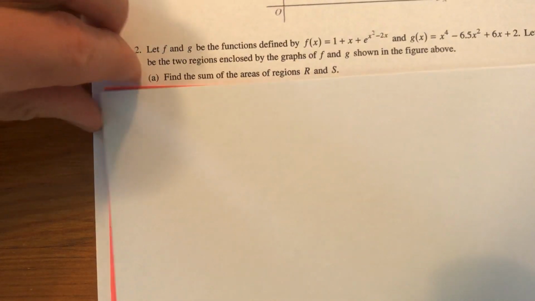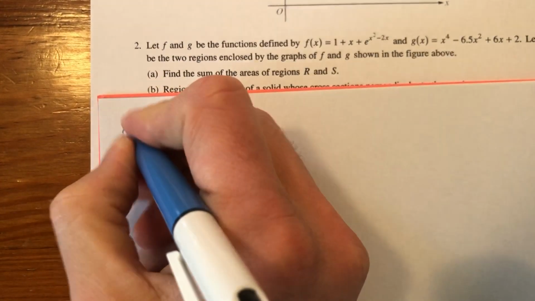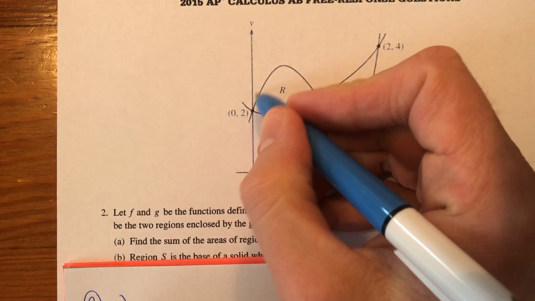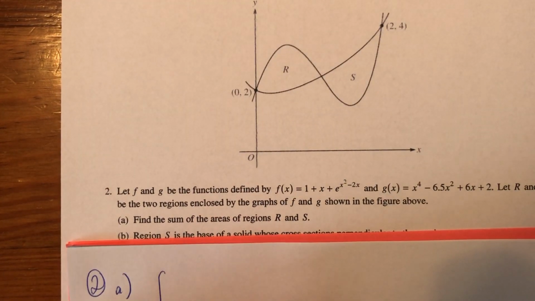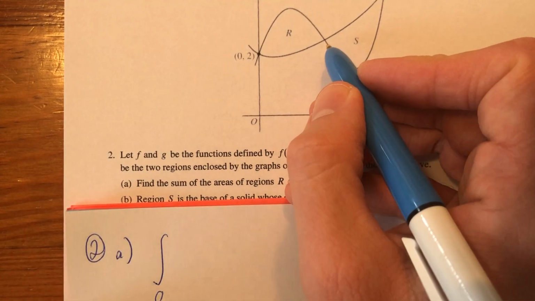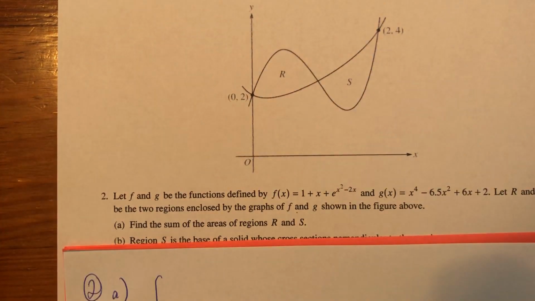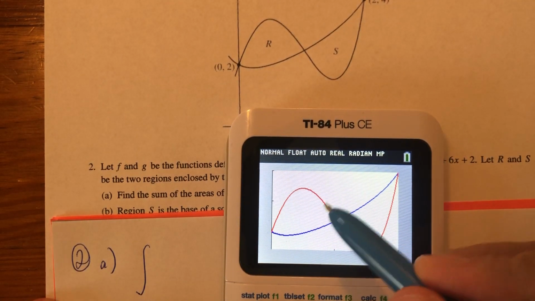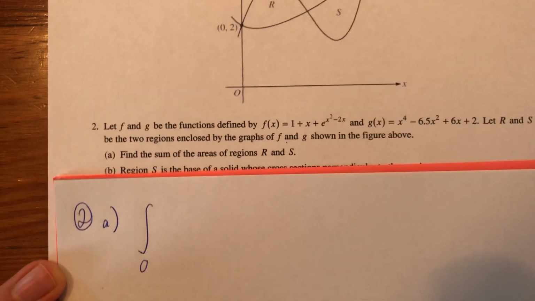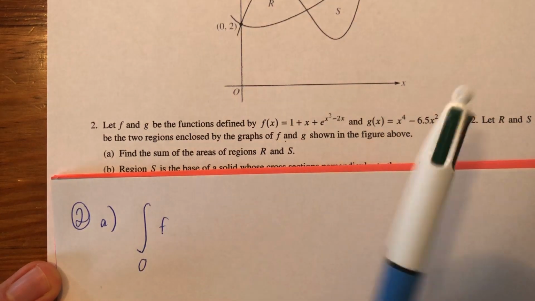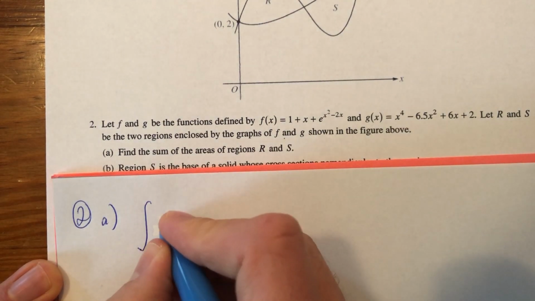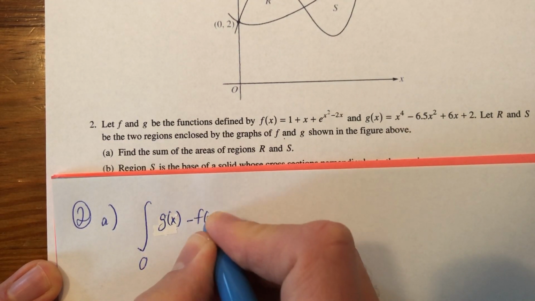So let's go ahead and start number 2, part A. We want to find the sum of the areas, regions R and S. Well, that's going to be this minus this. So the integral from 0 to, I don't know where that is. We'll come back to that. Of this function minus this function. Okay, well, for me, it's red minus blue. And that would be g minus f. And I don't have to write all that function again. I'm just going to write g minus f